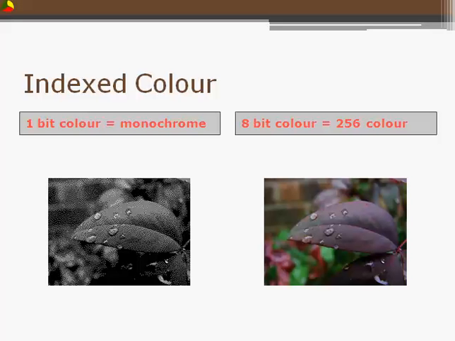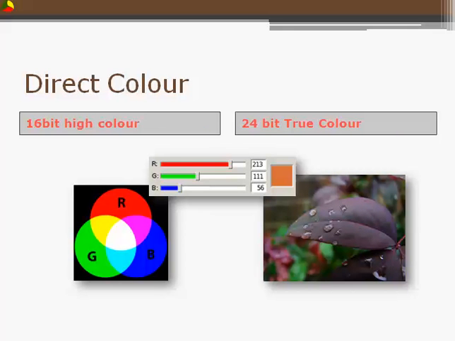The colors are numbered, in this case 0 to 255, and each one has a given color in the color gamut to represent it. Whereas direct color is worked out by using a function of the amount of red, the amount of green, and the amount of blue. Now you may not be familiar with using red, green, and blue as your colors. If you're used to working in paint, then it'll be red, blue, and yellow as the primary colors. However, the primary colors of light are red, green, and blue,